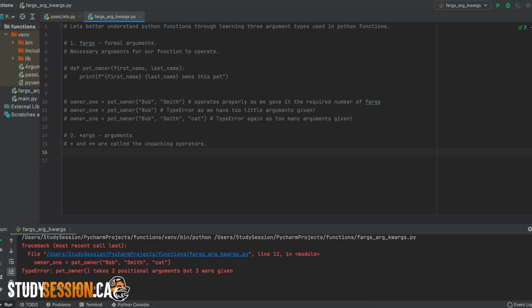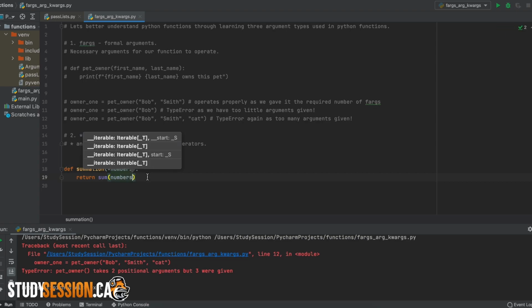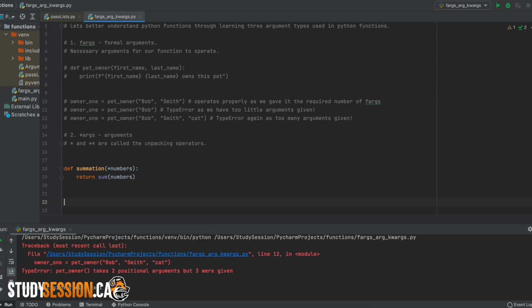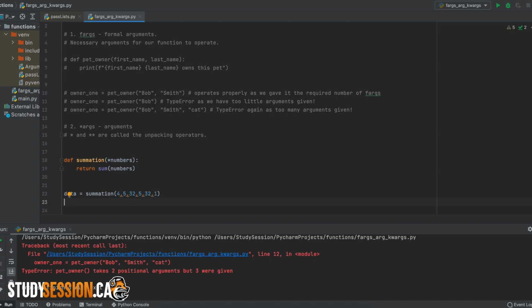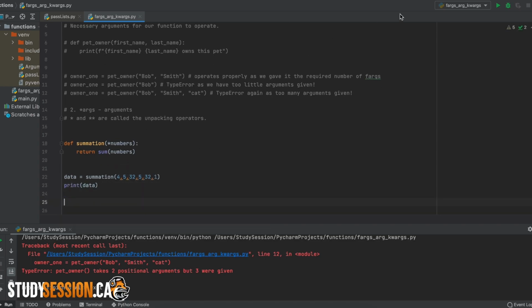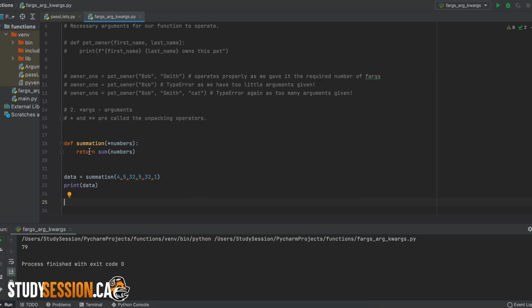So let's say that we want to create a super simple calculator that can add any numbers that our user gives it. So let's create that right now using args. So our simple function here will accept any number of arguments given to it by our user in the order that we give it to it, which isn't really important in this example. However, it could be in one of your future Python codes, so just keep that in the back of your head. So let's give our function a bunch of numbers here, and as you can see, it does sum up all of our numbers no matter how many arguments we throw at it.